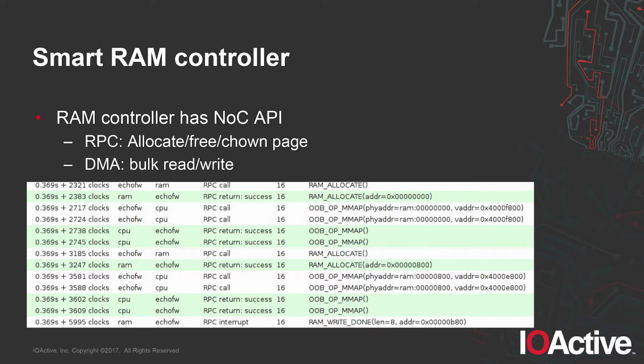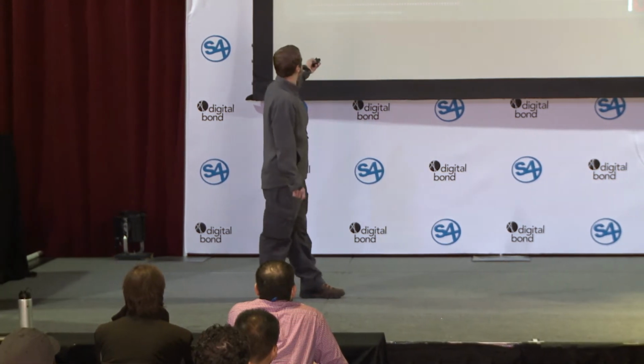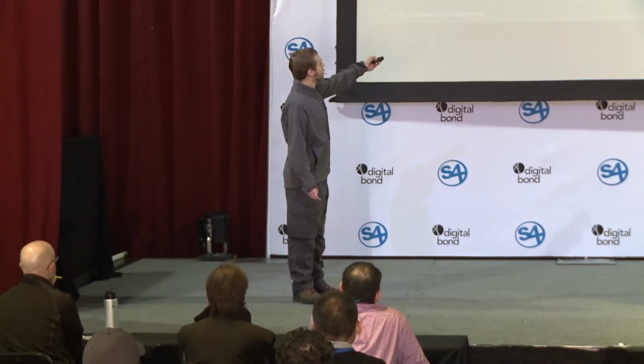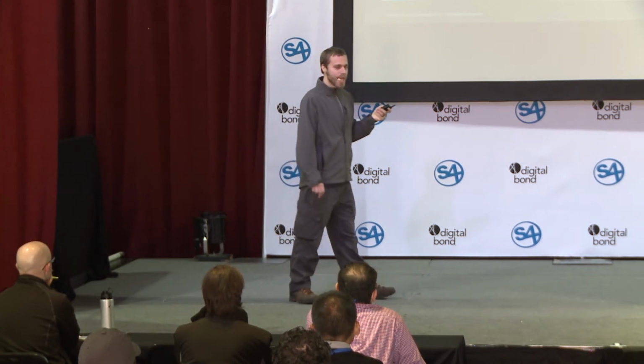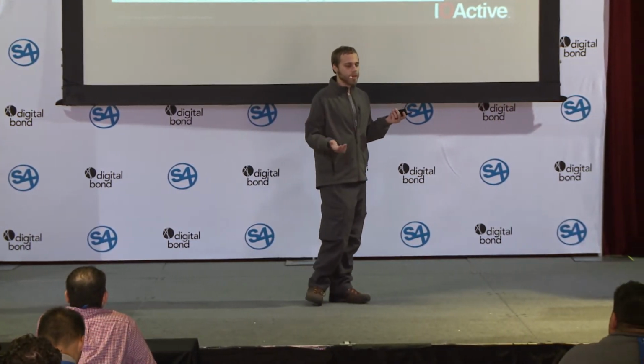Then the next thing we do is the application sends a message to the CPU. If we back up a slide, you can see that the CPU has an out-of-band management address. So in order to create a new entry in the page table, you're not poking random data structures somewhere in memory that are entirely processor dependent. You send a message to the CPU using the CPU's defined API for creating a new page table entry. And that page table entry simply says, I'm requesting a new entry at physical address 0, virtual address 40, F800. And the CPU then says, all right, fine, you've got a valid page entry there. We're going to go create a new TLB entry.